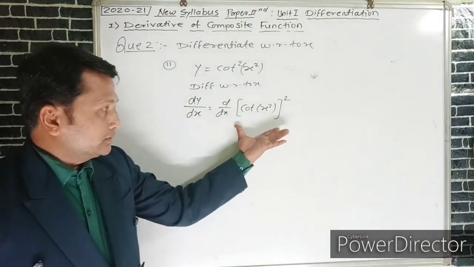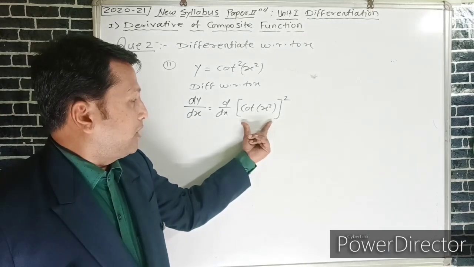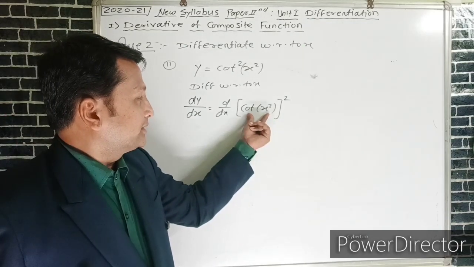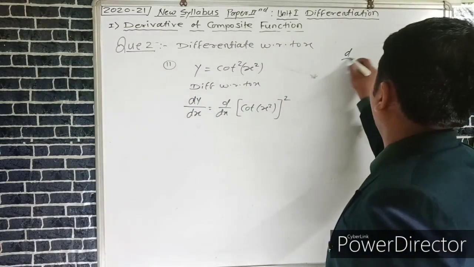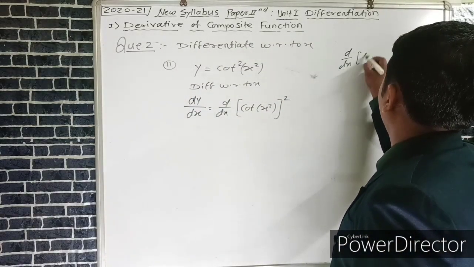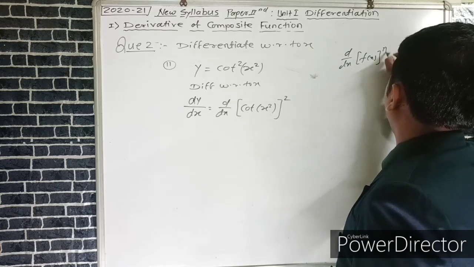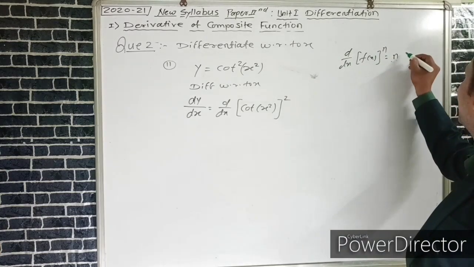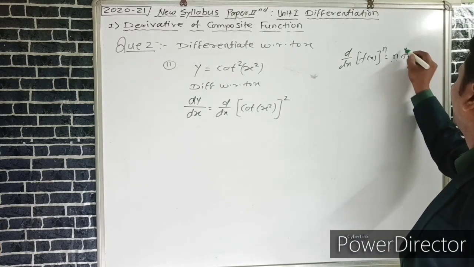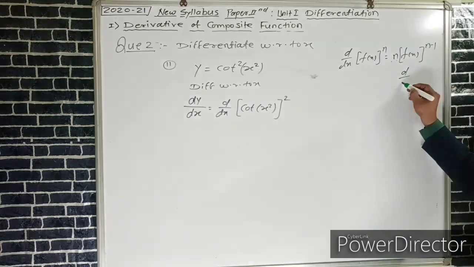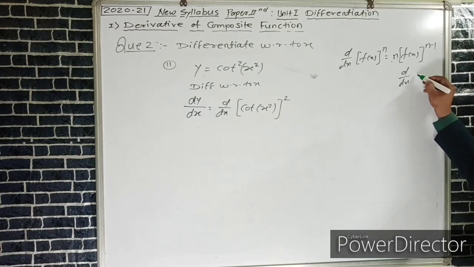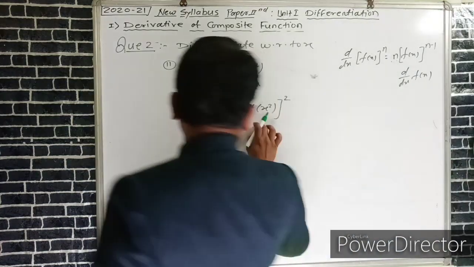Now this function is in the form of f of x raised to the power n. Hence, we know the derivative of f of x whole raised to the power n is n into f of x whole raised to the power n minus 1 into again the derivative of f of x. By applying this formula, we can write it